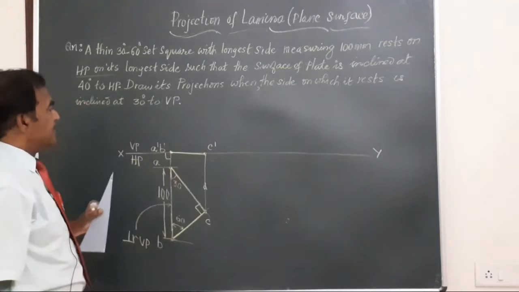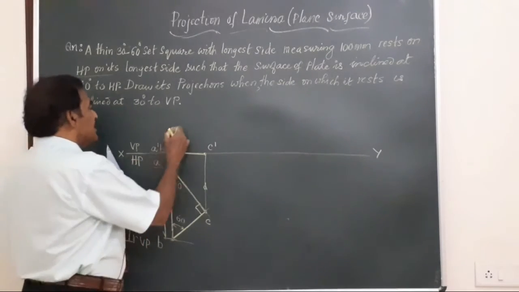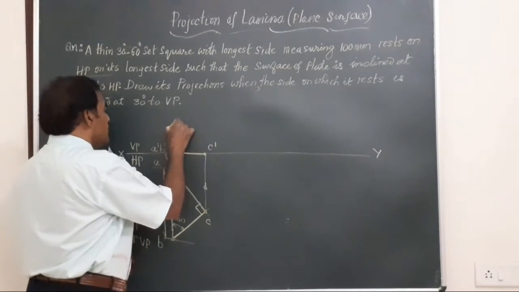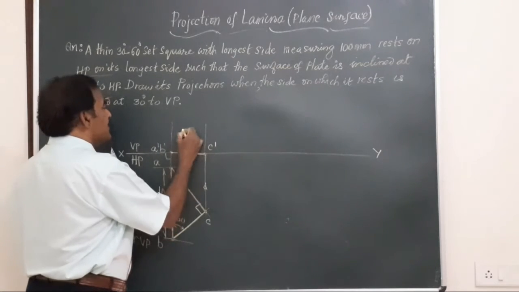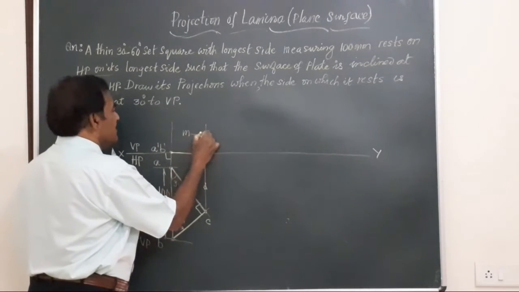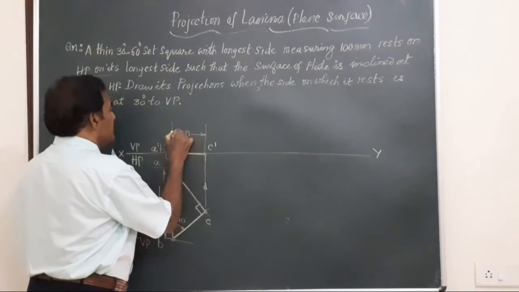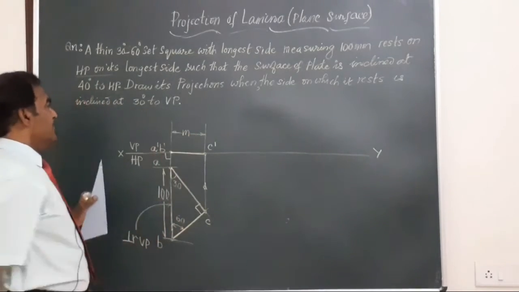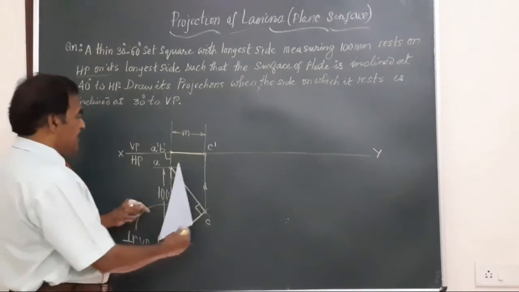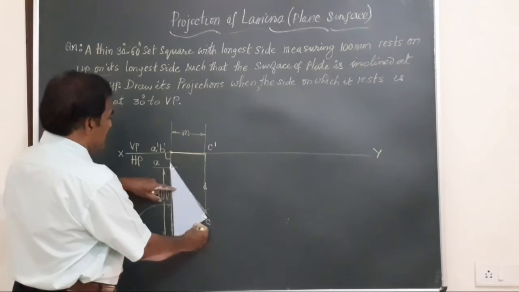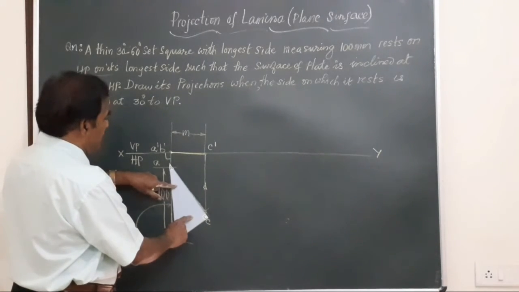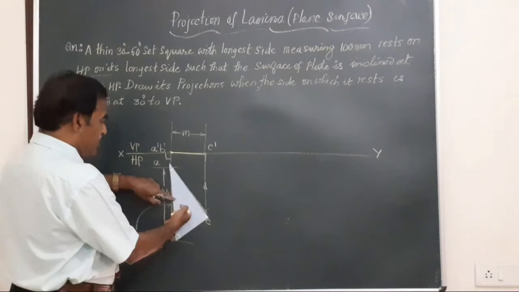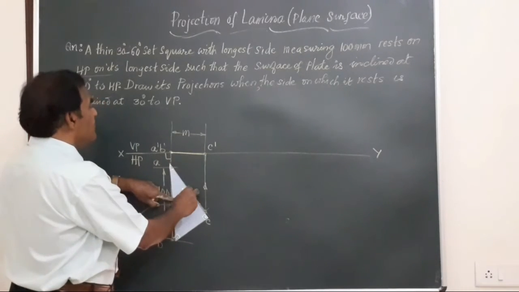This will represent the front view which has got a length equal to m. M can be measured. You can just keep a scale and find out what is the value of that m. So m you have got, friends. Now initially we have pasted that set square on the wall, or VP. We have got the front top view, a triangle, and the front view, a line.